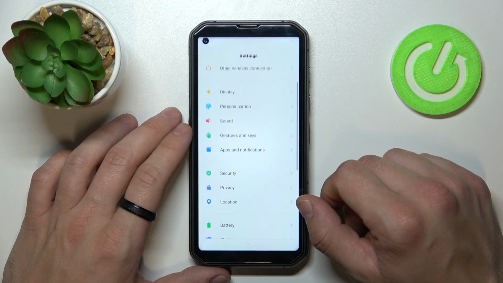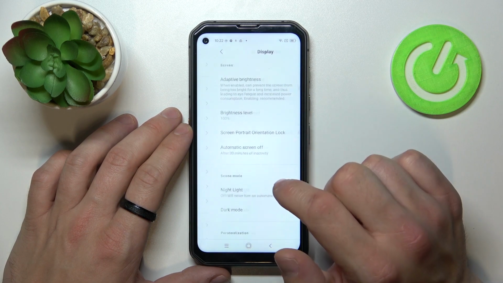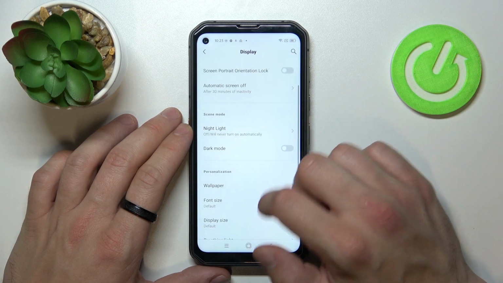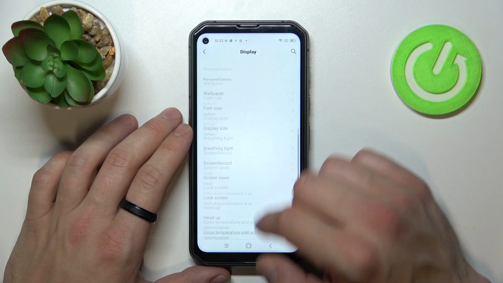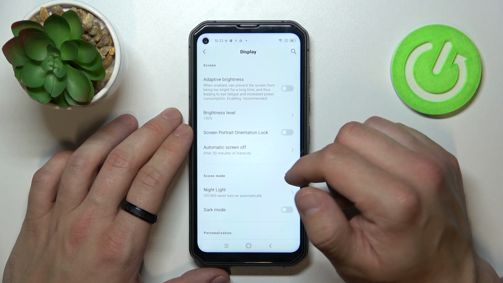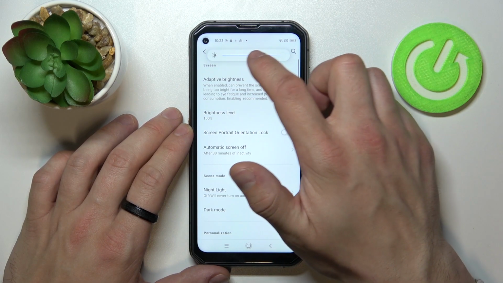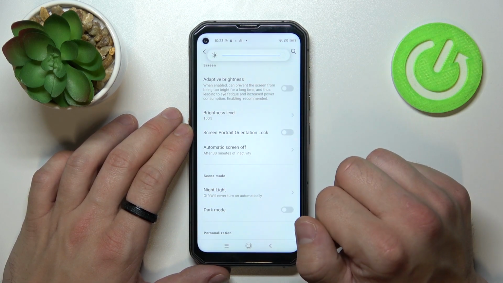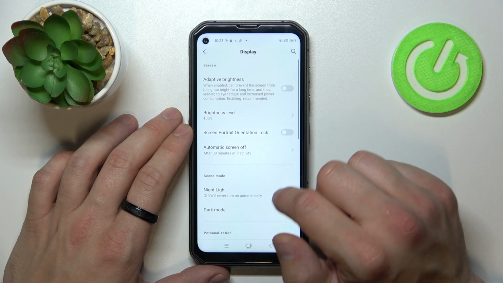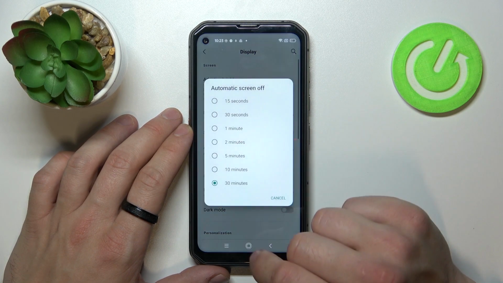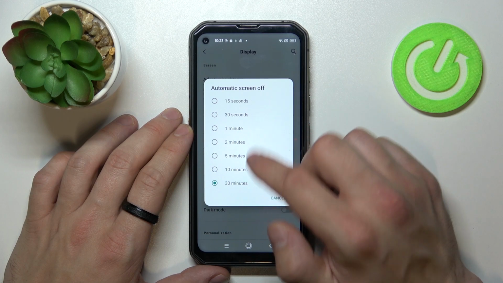In the beginning, let's go to settings, enter display, and as you can see right here we've got all settings for our display. Let's start with the top of the list, where you can enable or disable adaptive brightness, change brightness level manually, enable or disable screen portrait orientation lock, change automatic screen off between 15 seconds and 30 minutes,